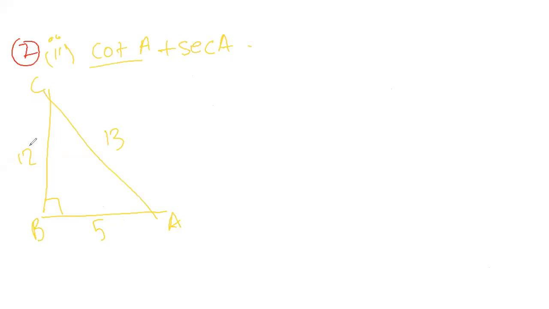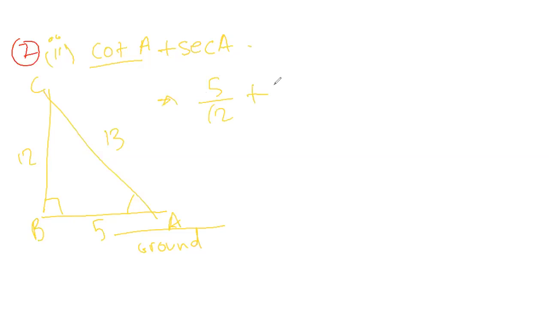So first we'll find our tan A. Tan A basically means that the angle A should be towards the ground. It's not basically a law, it's just a self-made rule. So if angle A is towards the ground, with respect to angle A, tan A is perpendicular upon base. So it is 12 upon 5. Now cot A signifies the reciprocal of tan theta. So whatever value we got for tan A, which is 12 upon 5, the reciprocal of it will be the answer for cot A, which is 5 upon 12.